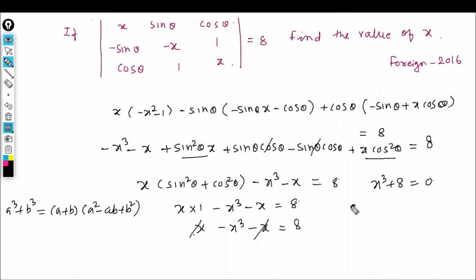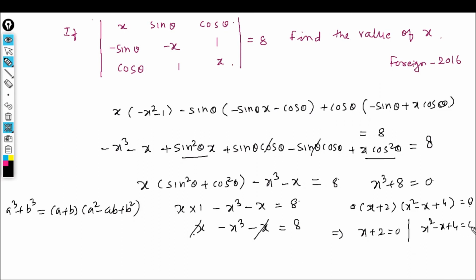So this is x plus 2 into x square minus 2x plus 4 आएगा बच्चों। 2 का क्यूब है ये, 8 है ये. इज इक्वल टू 0 आएगा ये।